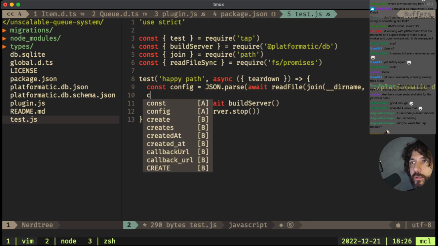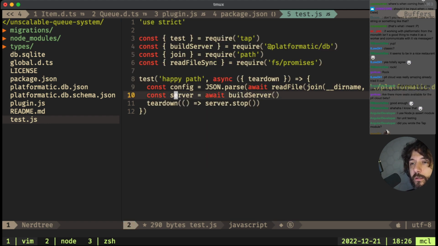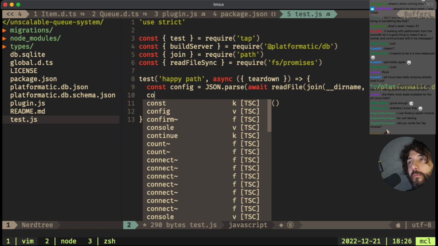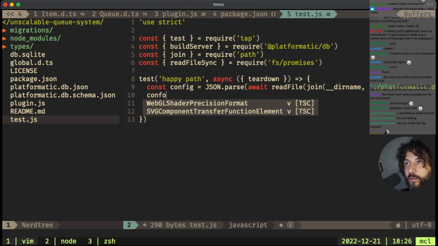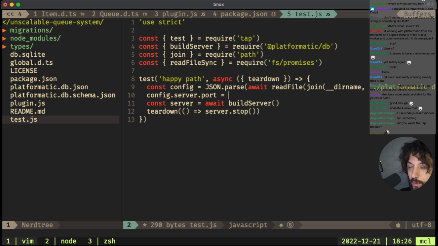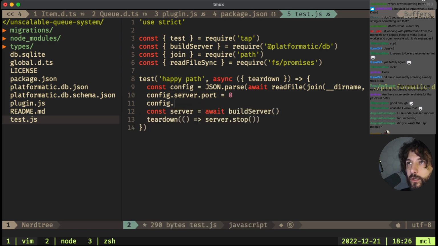And I want config. I did not write the tap module. I always linger to write my own test runner, but I never actually got to it. So config server port, and I want it to be 0, and config server logger, I want this to be false.